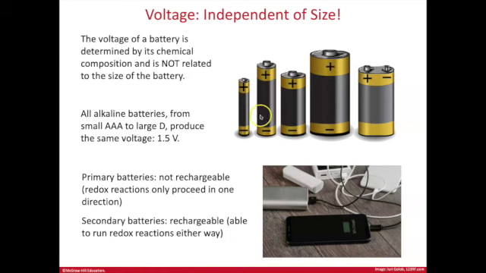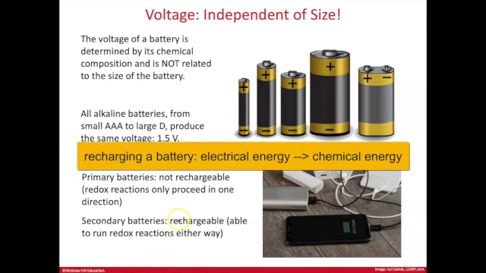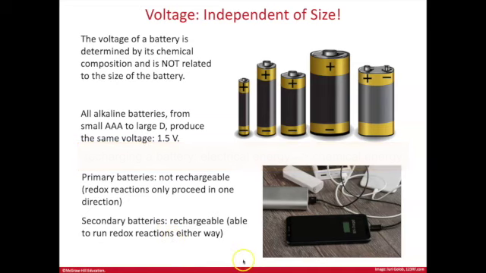But these are primary batteries that are not rechargeable, and these will go dead. In the process of converting from chemical to electrical energy, the chemicals get used up. Rechargeable batteries, on the other hand, are called secondary batteries, where you can run the redox reaction in reverse. By adding electricity, you can turn the chemical energy back into stored chemical potential energy, and running that in reverse will then recharge the chemical side